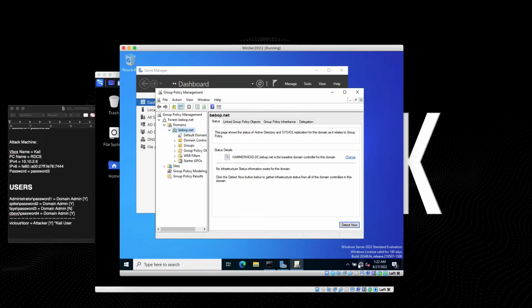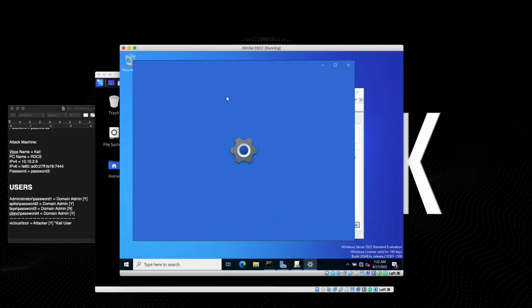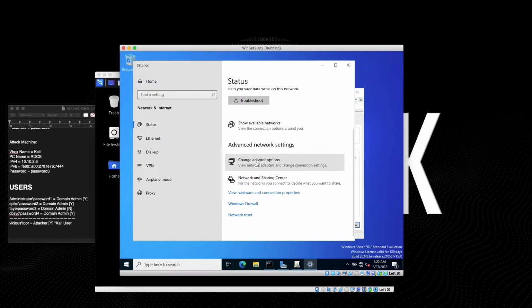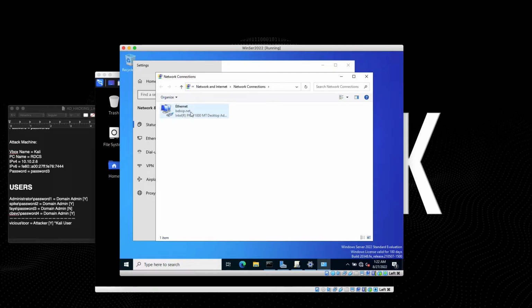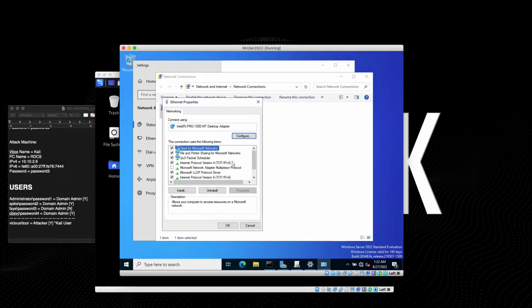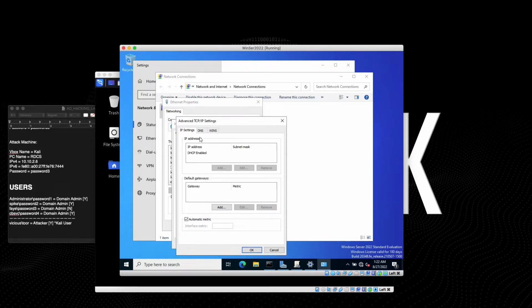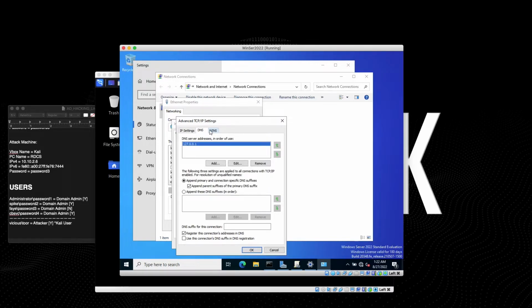Now we need to open up your network connections and go to our adapter options. Go ahead, right click, properties, come down here to our IPv4 and click on properties. Now if you come down under advanced, I believe it's in